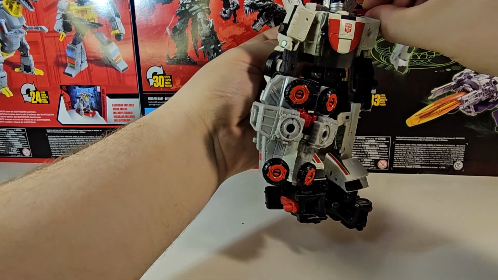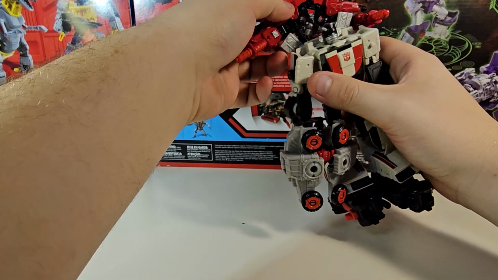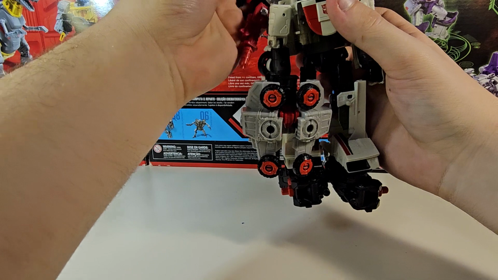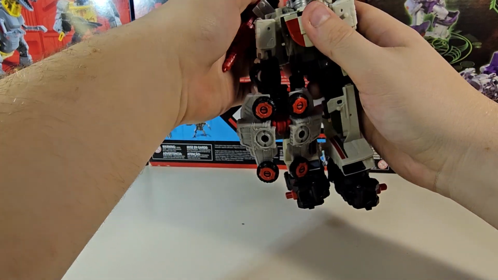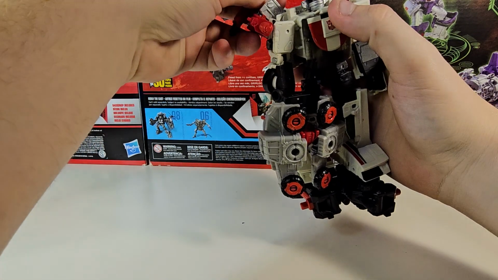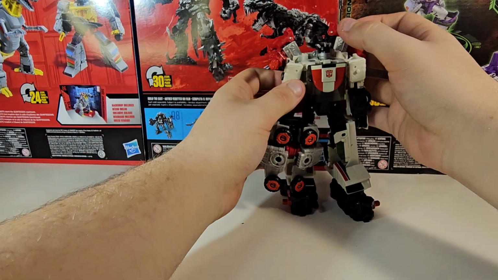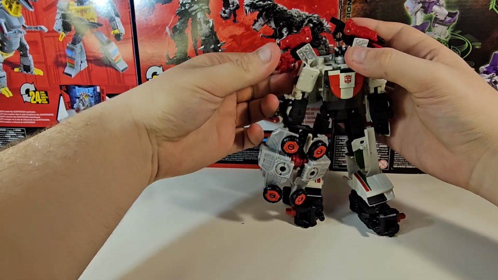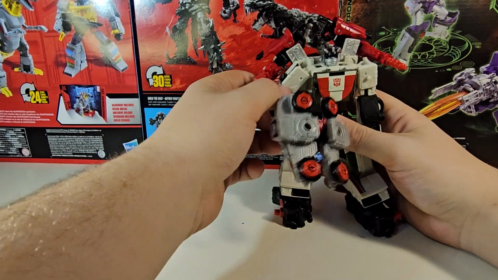Okay, do it like this, and do the same thing on the other side. Just make it a little bit wider, and there you go. There's Wheeljack in one of the many configurations you can get him into with COG, and obviously